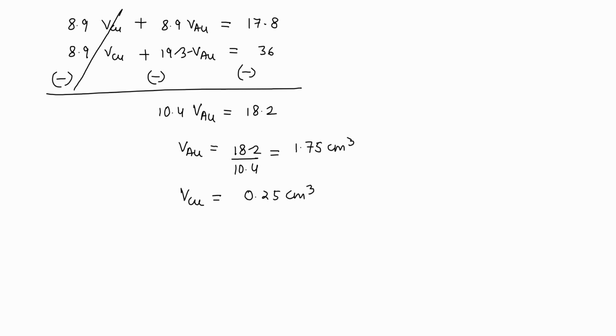So therefore the mass of copper in the ornament can be written as density into volume. So 0.25 into 8.9 turns out to be 2.225 gram force. So this is how we approach this particular problem to attain the required result, that is, the mass of copper present is turning out to be 2.225 gram force. Let us move to the next problem.